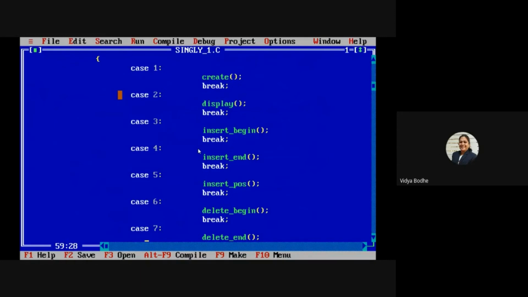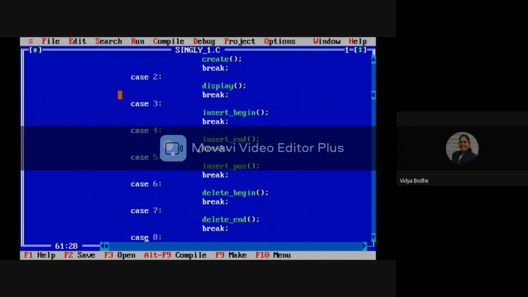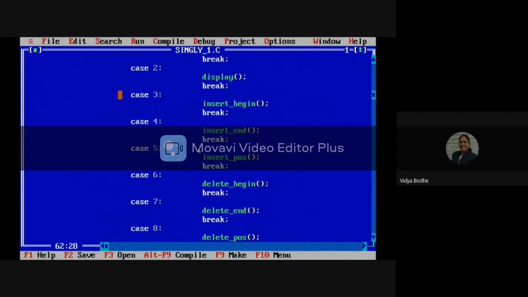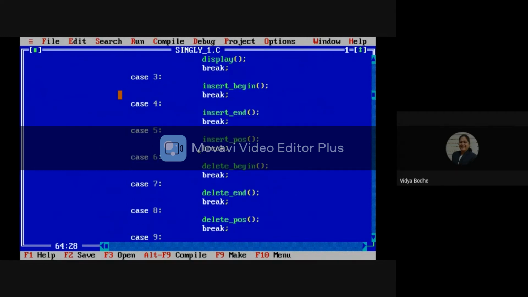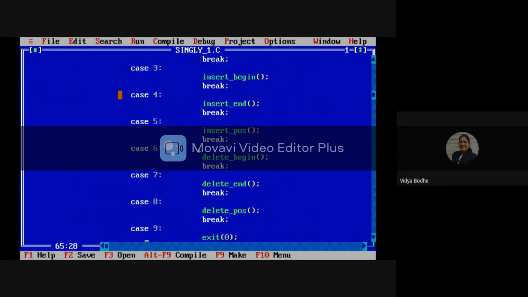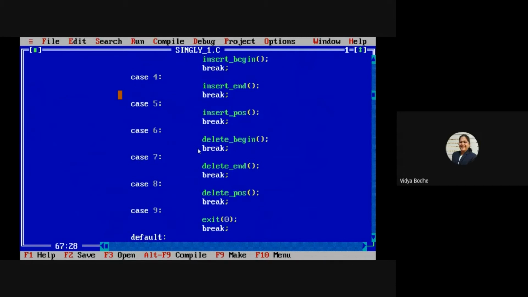In case 5, insert at any position function will be called. In case 6, delete begin function will be called. In case 7, delete end function will be called. In case 8, delete at any position function will be called. And case 9, we will exit from the program.